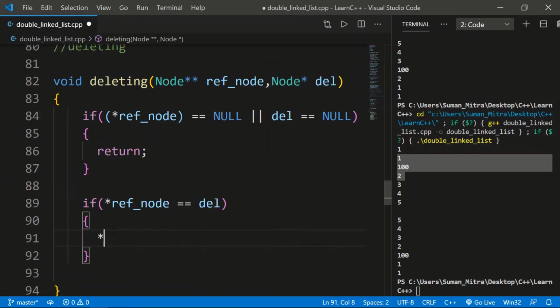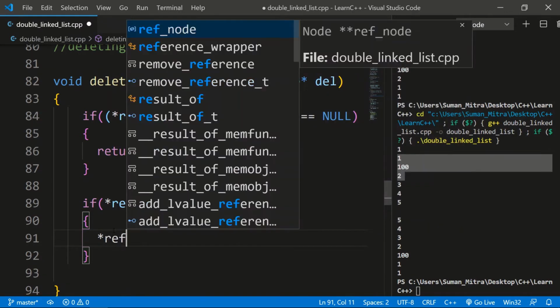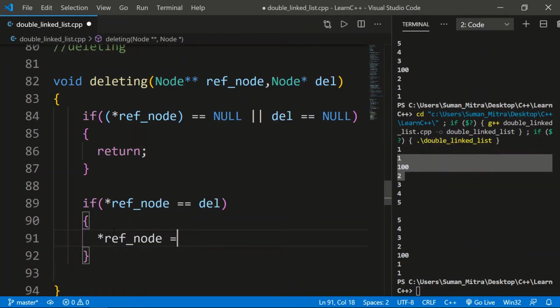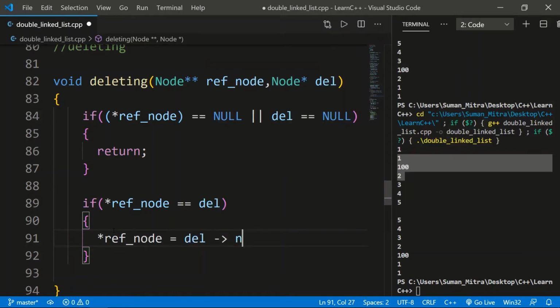We'll write head reference, or our reference node is equal to del next. Means what? Whatever is next to delete will become the current head, because our current head will be deleted.